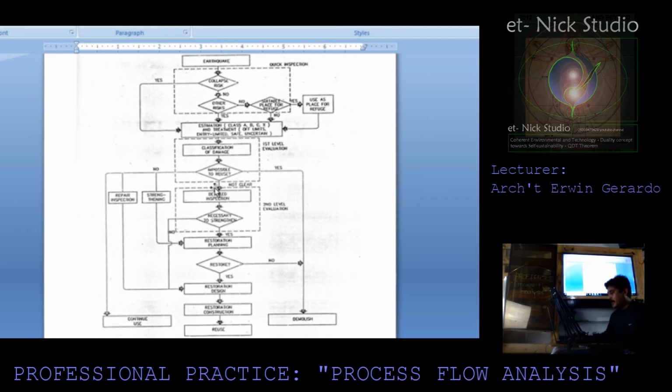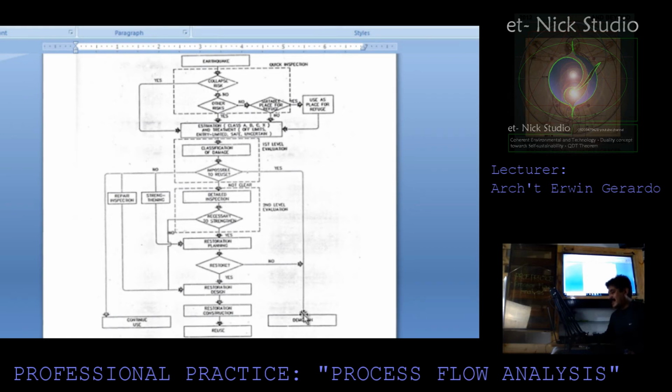So here, there might be a possibility that it is not yet clear. So they need to carefully assess and inspect the details. Is it necessary to strengthen the building? If yes, we need to apply the restoration planning. Can it be restored? If not, if it is totally impossible to restore the building, then the last resort is